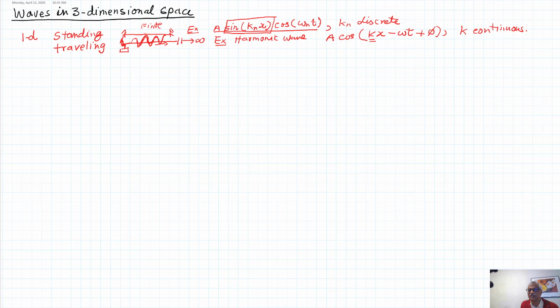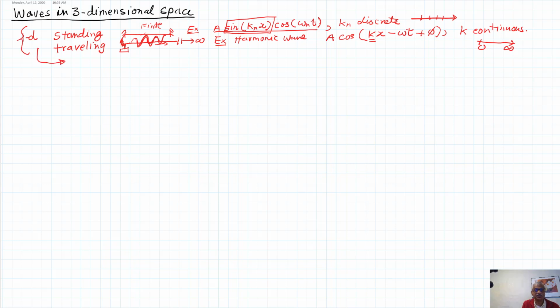So it's a real number, and it spans the real line from 0 to infinity. Here on a real line it will go, so it will have only some discrete values. Okay. So that's 1D, and